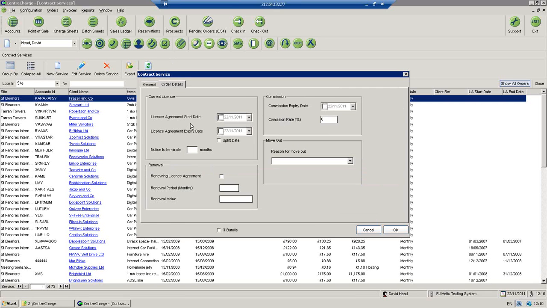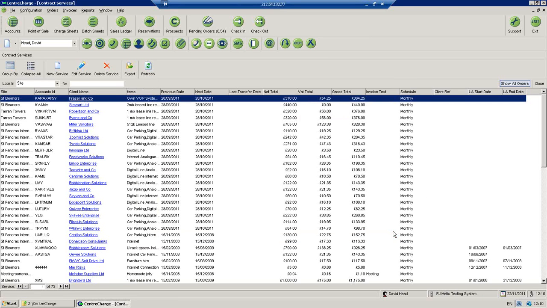So you need to go into Order Details, make sure that the license agreement start and expiry dates are populated, and if it's a rolling contract, then obviously tick the uplift date. Okay, so once you're happy that you've made all those changes, rerun the Active Consolidated Rent and Contract Service Report